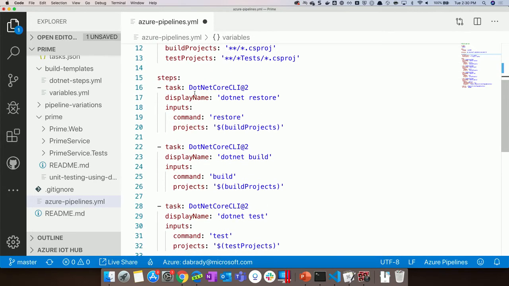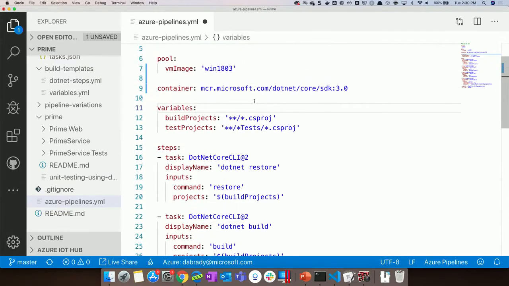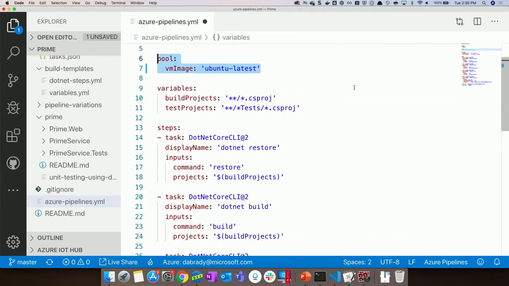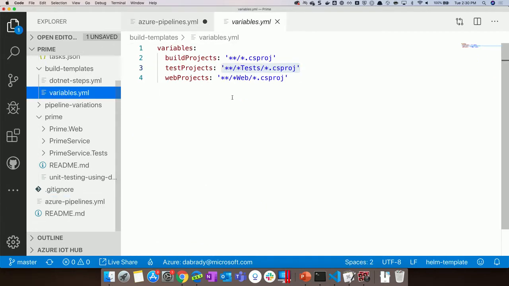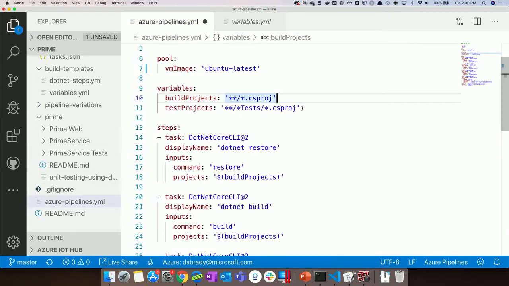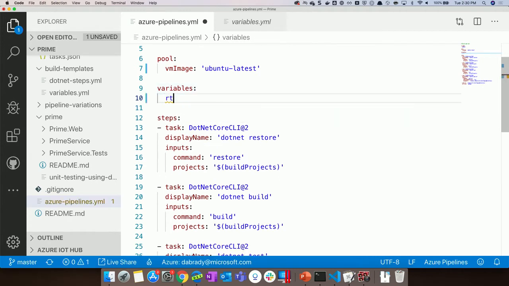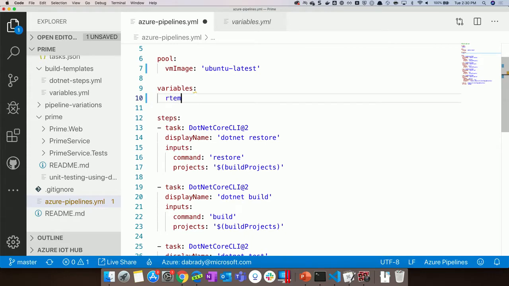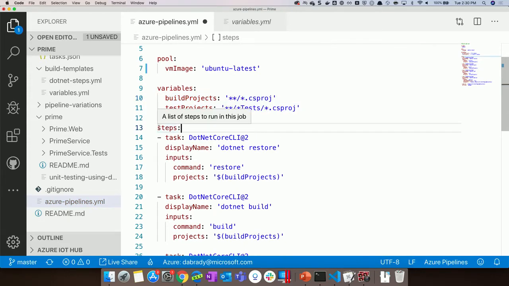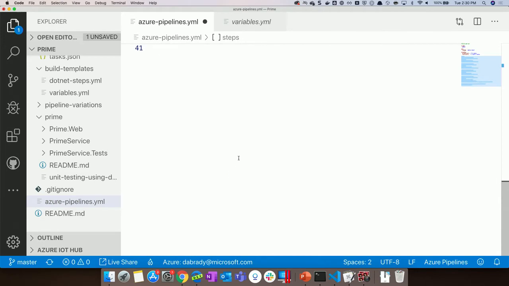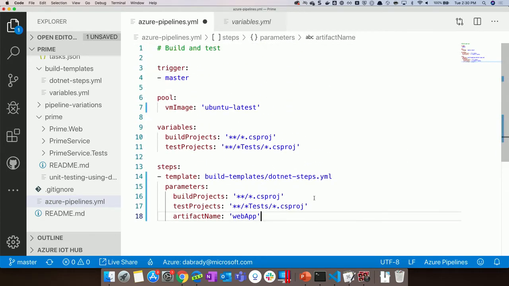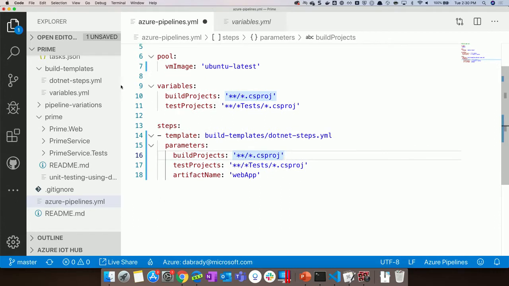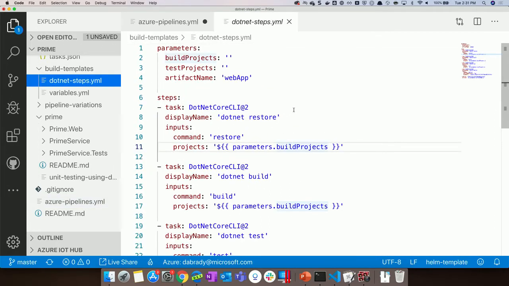The other thing is you can see all of this is quite lengthy. And if we're using the same variables every single time, I'm just going to undo the change here. If we're using those same variables every time, we can extract them into another file and use templates. So here are some standard variables we've got. And in our Azure Pipelines, we could just replace all of this with, what is it, template? I can't remember what it's called, something like that. So we can replace them all like that. We can even do that for steps. So we could replace all of these steps with a standard set of steps that uses these 3 parameters. So in here, we've extracted all of those, and this is how we build a .NET Core application.